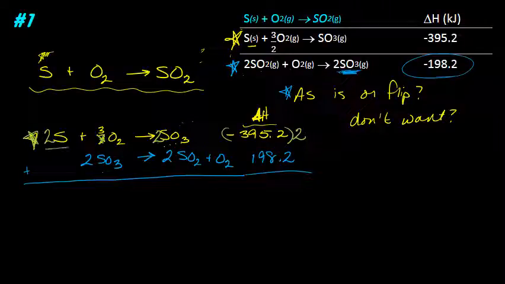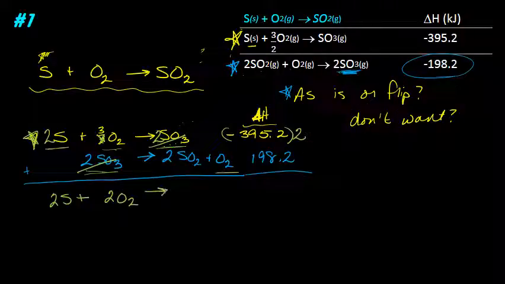Do you see S anywhere else? Well, I don't either, so 2S plus. Do you see 2 SO3s? Yep, and since they're on opposite sides of the arrow, they cancel. Do you see oxygen anyplace else? Well, I see it here. On the reactant side, we have 3 oxygens, and on the product side, only 1, so that subtracts out to 2 oxygens. Now I want to make my arrow. I don't see SO2s anywhere else, so that's